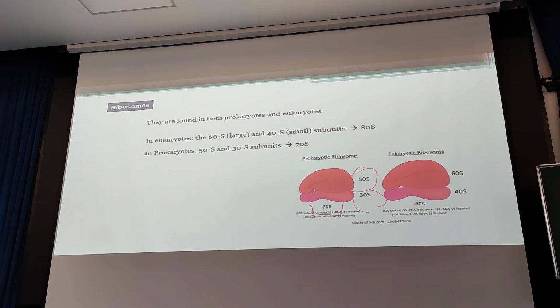Okay, the prokaryotic ribosomes are smaller, 70S particles, while eukaryotic ribosomes are larger, 80S particles. This is the key difference between the ribosomes of prokaryotic and eukaryotic cells. Furthermore, another difference between these is